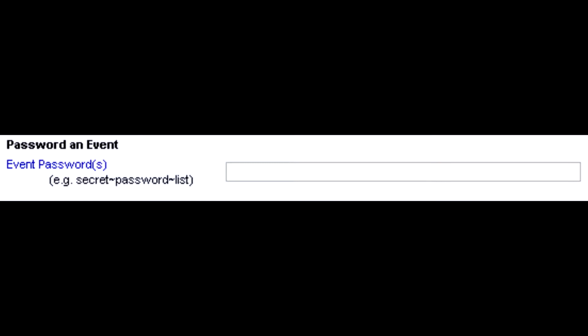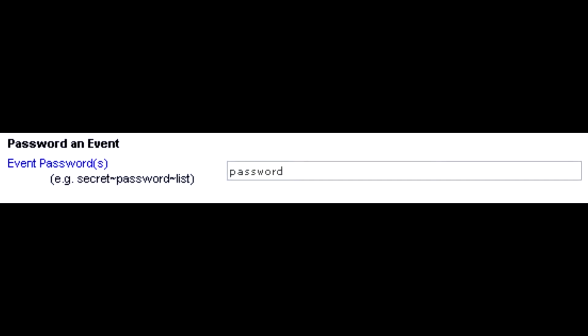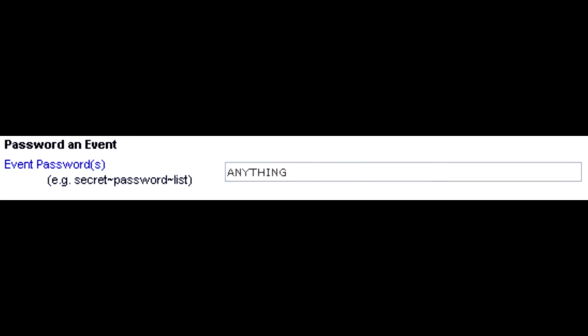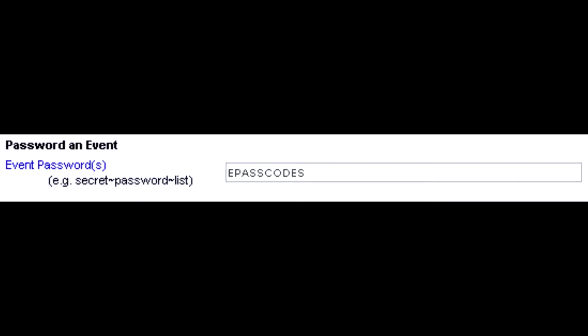There are 4 different password modes that you can use, which are 1. One specific password without any spaces. 2. A series of acceptable passwords which are typed in and separated by a tilde. 3. Anything is valid. If you type in anything, all caps, the system will read it as a special keyword and bring up the text box for a user to input a password, but anything they type in will be valid, including nothing. 4. E-passcodes, all caps, is a special keyword that brings up the password text box and allows